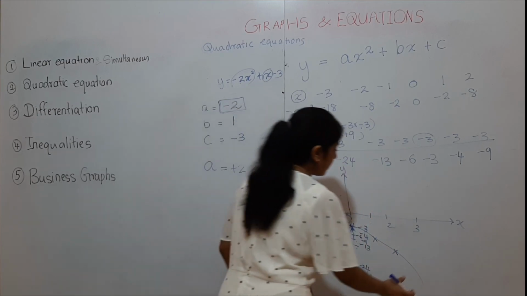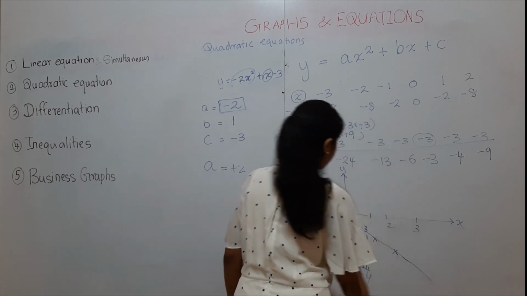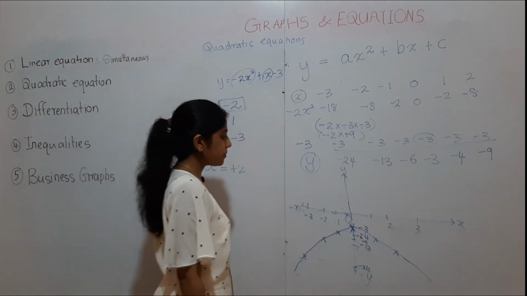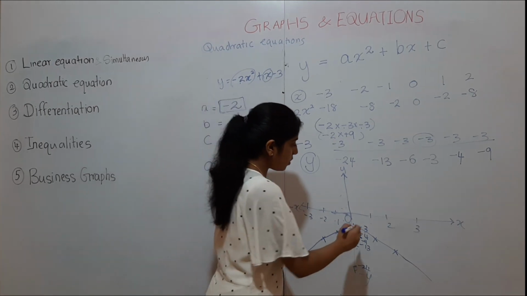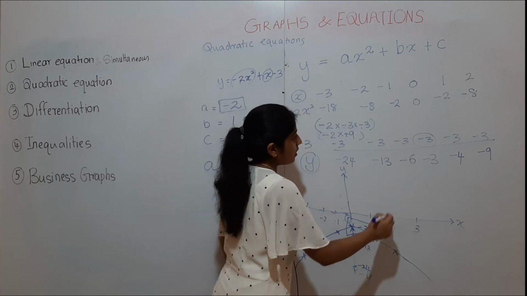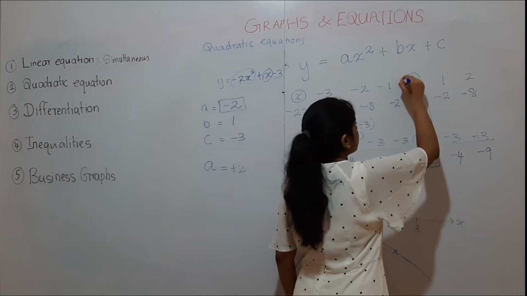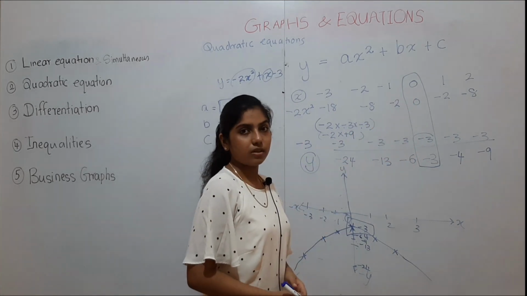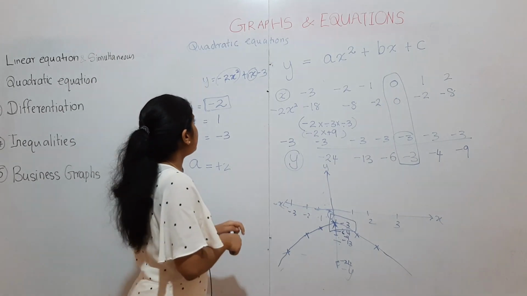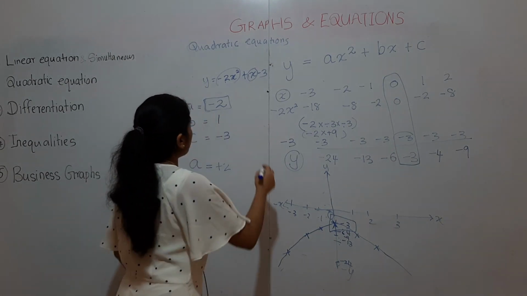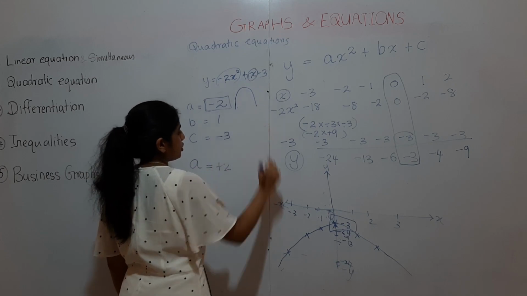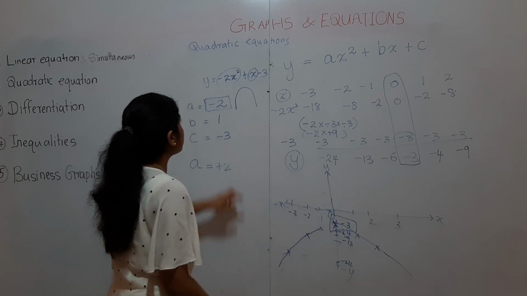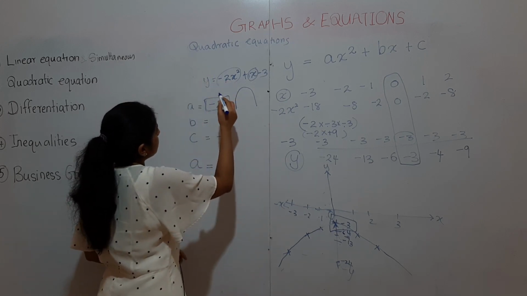Wow, nearly came. So nearly a curve. You see, the curve is like a bell shape. Because why is it? Because of this point, when x equals 0, the y value. So when a is minus 2, always it will be bell shaped like this parabola. Why? Because in this equation a was equal to minus 2.